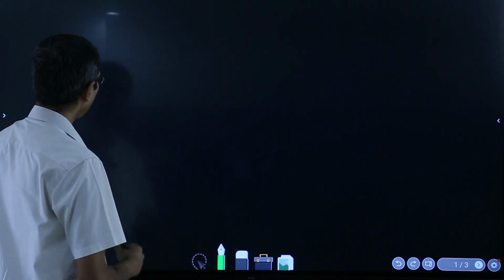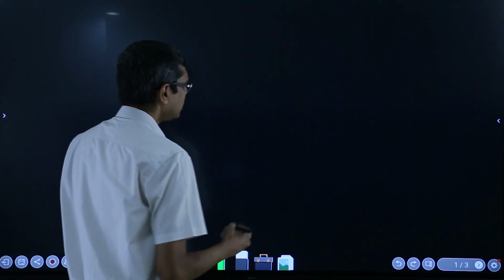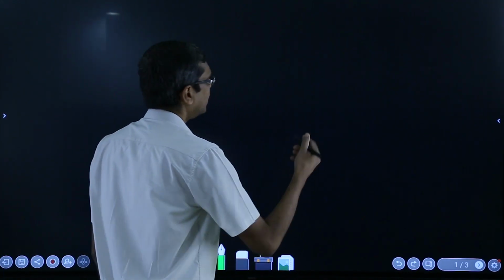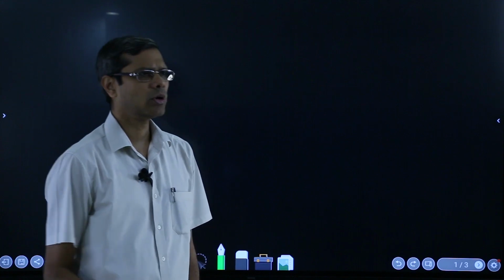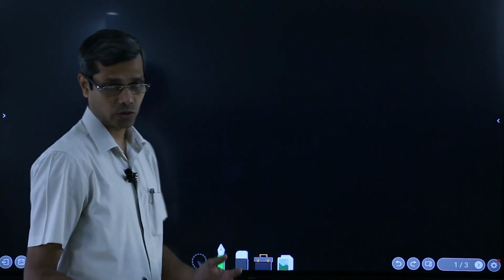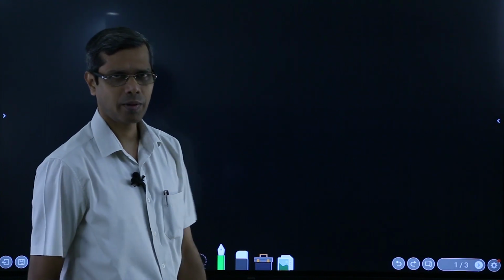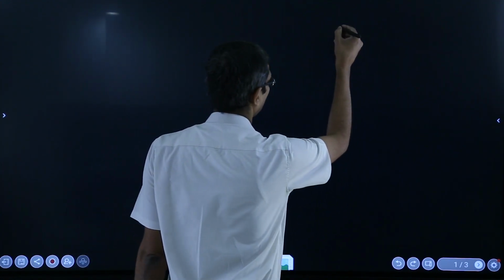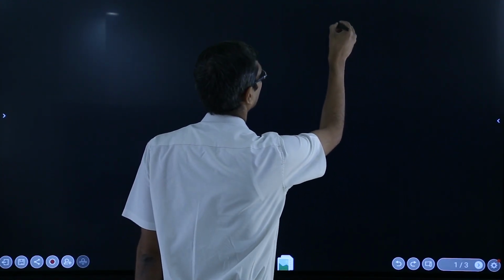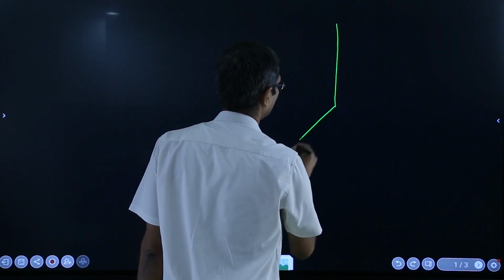Now, what do I mean by that? See, in a book or in any context, if you want to convey to somebody that there is a vector of this much magnitude or in this direction, how do you represent it? Primarily by picture, right? So suppose in a book you see something is given like that,